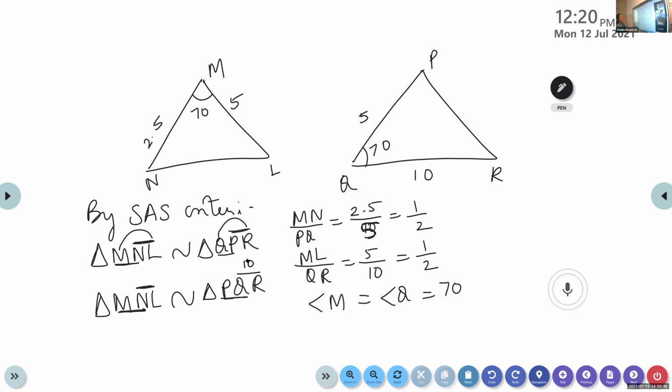So here, ordering is not correct. The order which I wrote is not correct, so I should change it. So PQR will not work out. Then I should go with the next one. Suppose I write QPR, or if I write RPQ. Like this you have to try. Suppose I write QPR. MN will be same as QP. Next, NL and PR, the measurements are not known. Then if I take the first and last, ML by PR, we should get the proportionality condition satisfied.